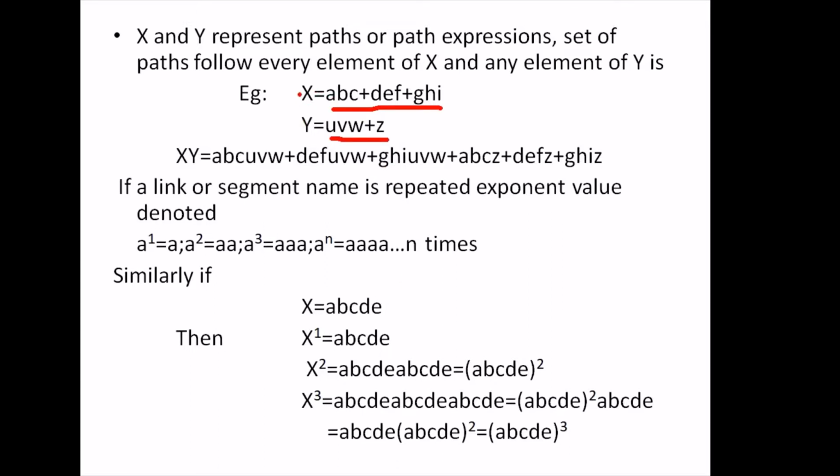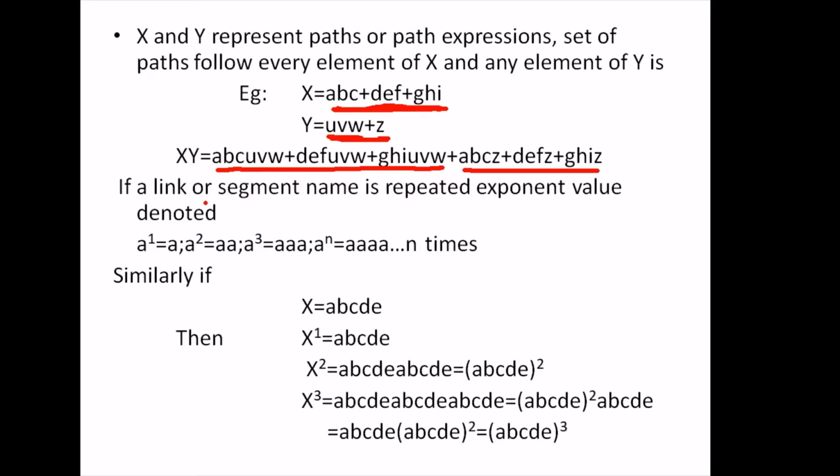the product of X, Y will multiply three different paths with the Y paths. So you can get 3 different path sums, and again all these paths are multiplied with Z, and you can get 3 different paths. So this is nothing but a path expression. You are getting one path expression.